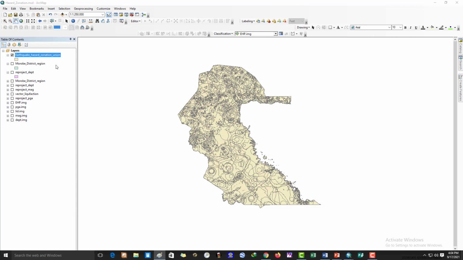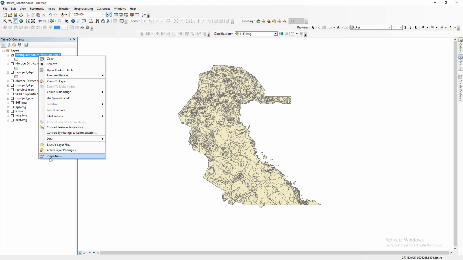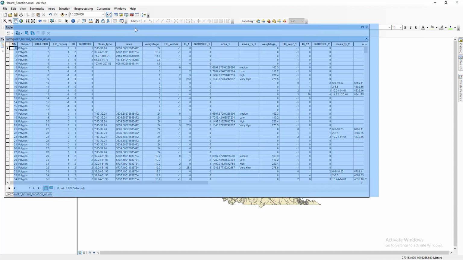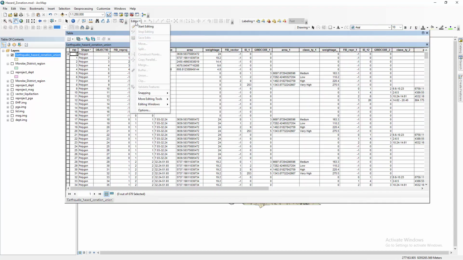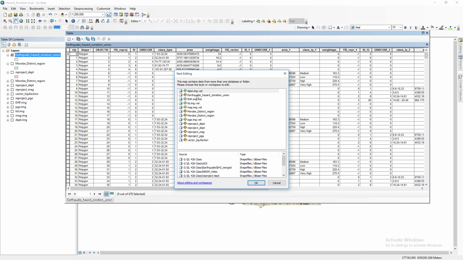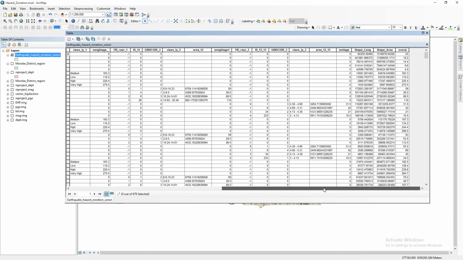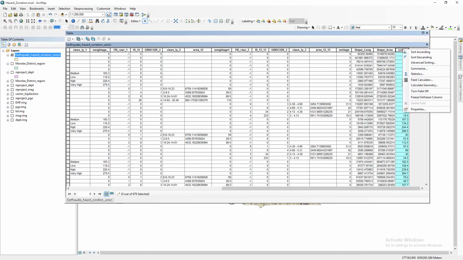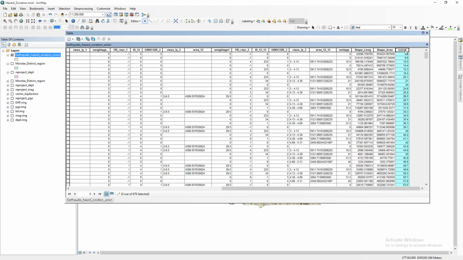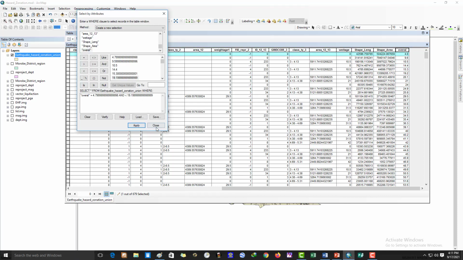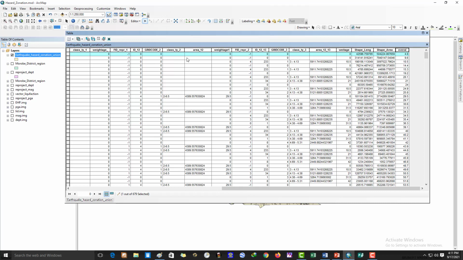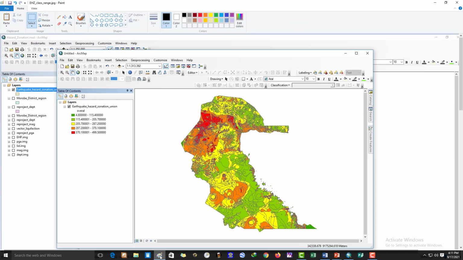So the copy of this one is here, earthquake hazard zonation. What I'm going to do here is open the attribute table. Before I do that, I have to start editing. Okay, so it is in editable mode. So I'll go here and then sort ascending. So now I know that. So what am I going to do here? I will highlight from 4.8 to